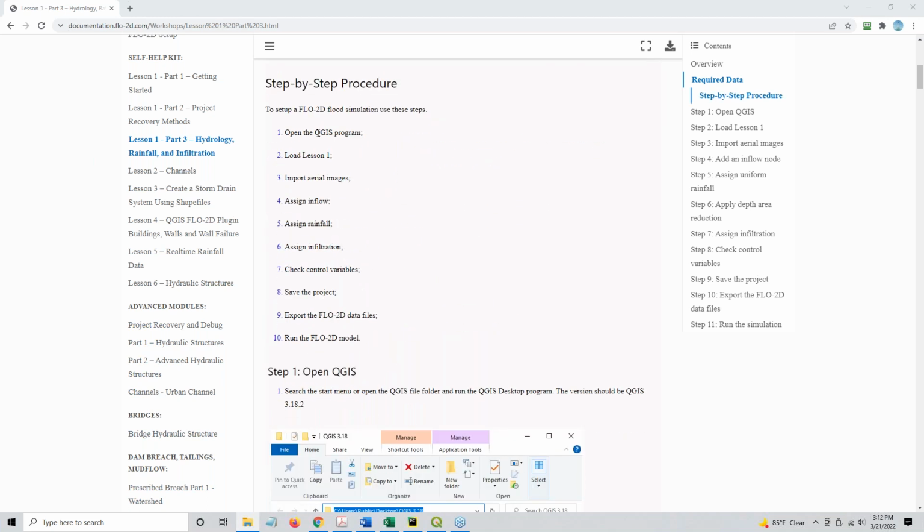And the steps will be to open up QGIS, which we already did at the end of Lesson 2, so we can just skip that one. We already loaded Lesson 1. We will want some aerial images, assigning inflow, assign rainfall, assign infiltration, check our control variables because we have 2 switches we may need to turn on, save the project, export it, and then run it. And this project will have water, so it will be an official run that can be used down the line to review the model,